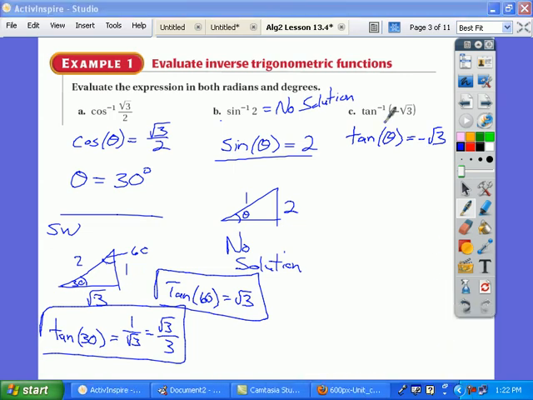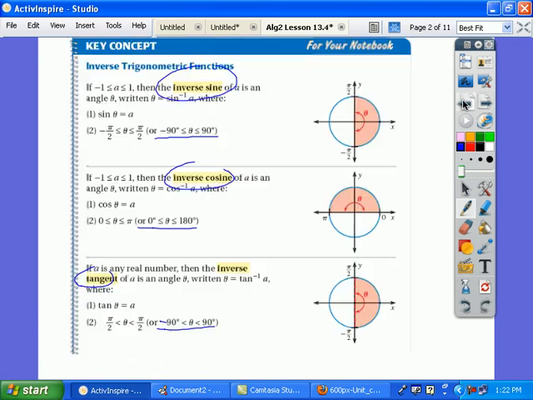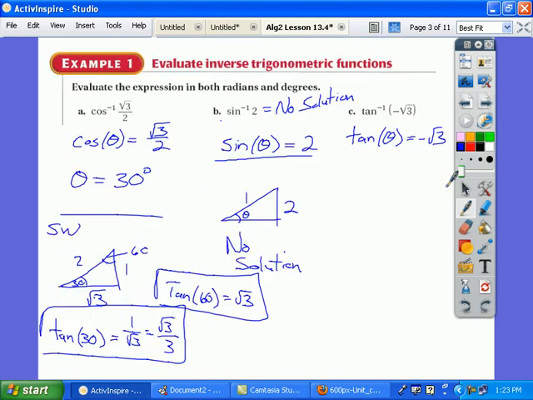So I can look to my unit circle to try to guide me a little bit, and the unit circle can be helpful that way. I should also come back to this knowledge: when I talk about the inverse tangent function, if I'm not in quadrant 1, then I've got to be in quadrant 4. It's got to be one of these two places. And the only other thing that I would tell you to help guide you through part C is that you can also use your calculator here. So maybe we rely on the calculator a little bit,